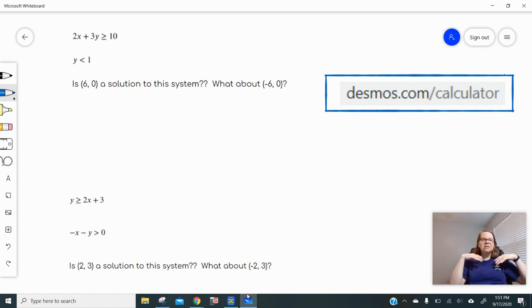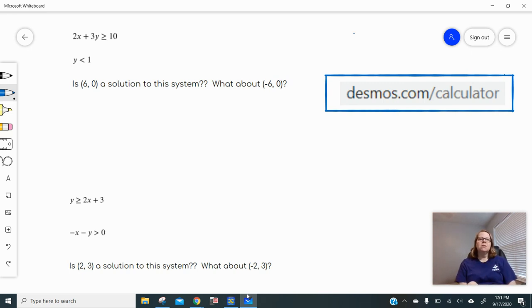It's really nice if you're like me and you're not a great artist, because when you solve these systems, you've got all this coloring and shading to do, and lines and sections that are shaded and are not. And it overlaps, and oh my goodness, when I do that on paper, it's messy, it's not pretty, and technology is just awesome about that. This is one of those times when technology just shines. It's really cool. So we're going to look at